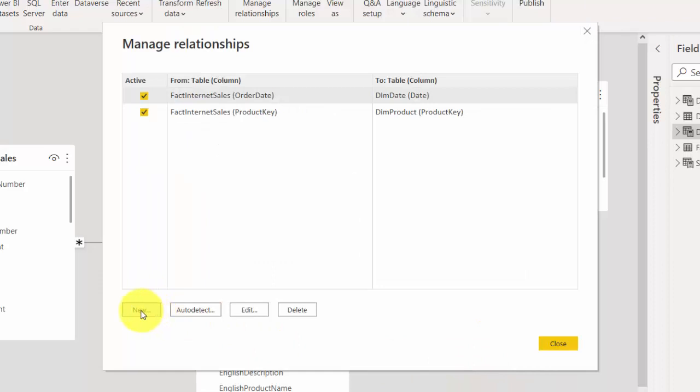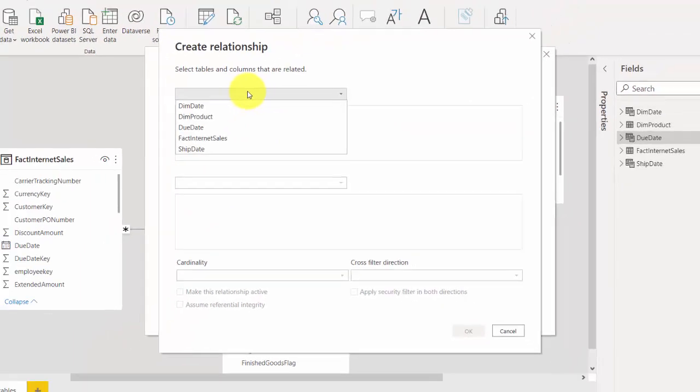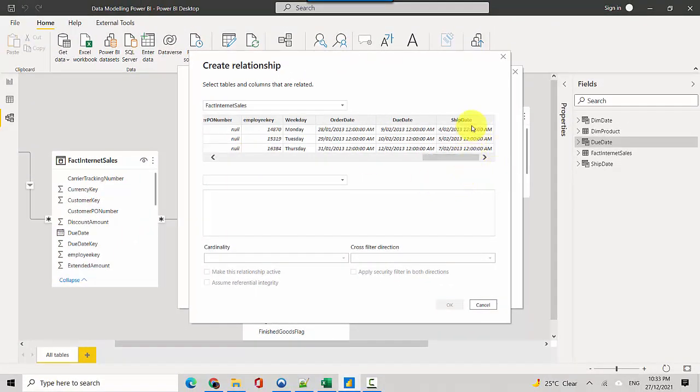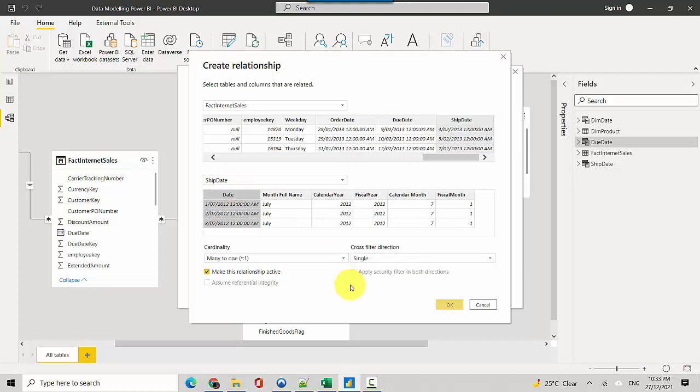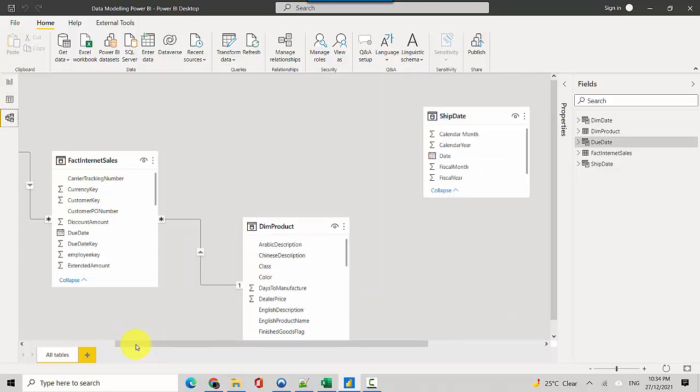And we'll add one more relationship for factor internet sales table, ship date, and we'll join it to the ship date table on the date field and hit OK. And you can see that it's added the relationship. So we'll close this out and we'll save this.